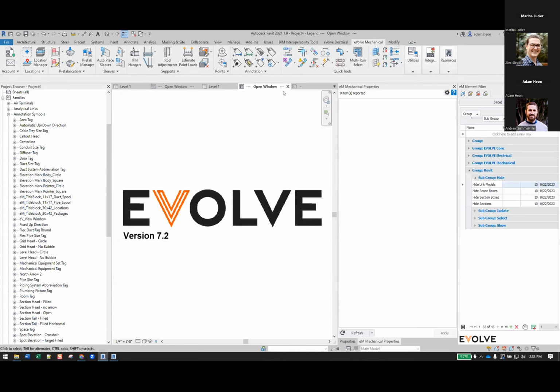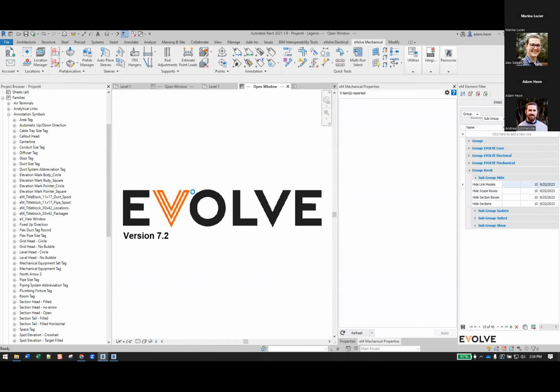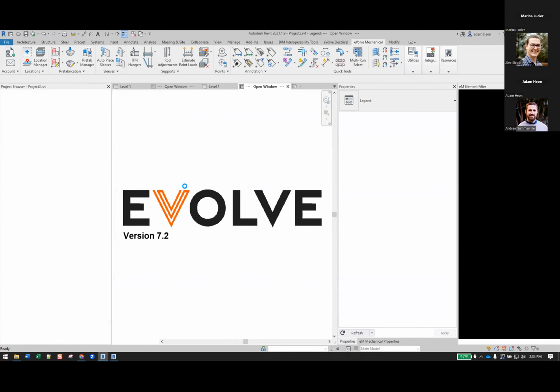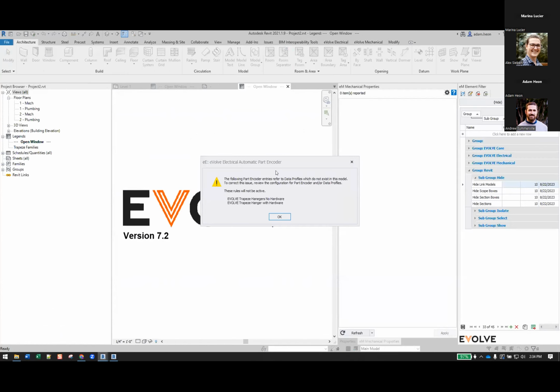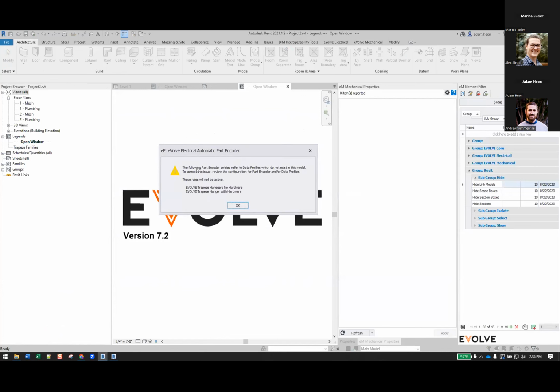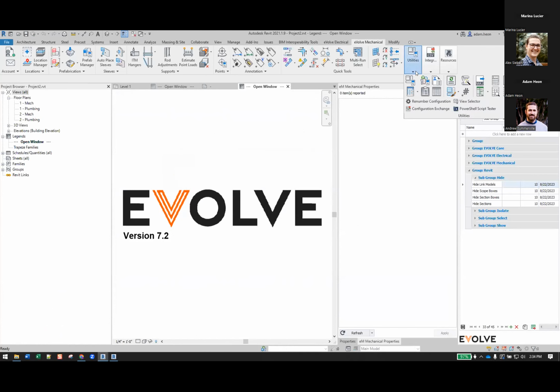Okay, and one last thing on this part encoder that you may encounter is when opening up a project here, you may get a warning like this. And what this is telling you is that there is a part encoder rule where the data profile is not in here. And it's listing out what rules are effective, and these will not be active. So I just set this up as a use case to trigger the warning. But what it's telling you is, if I go to part encoder